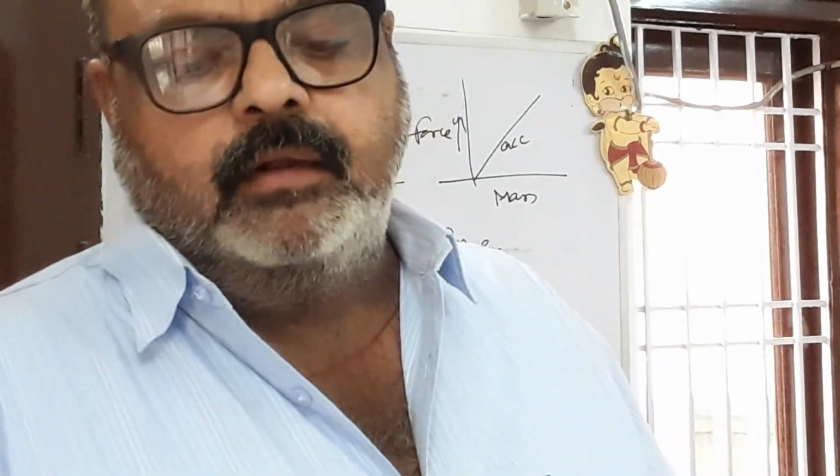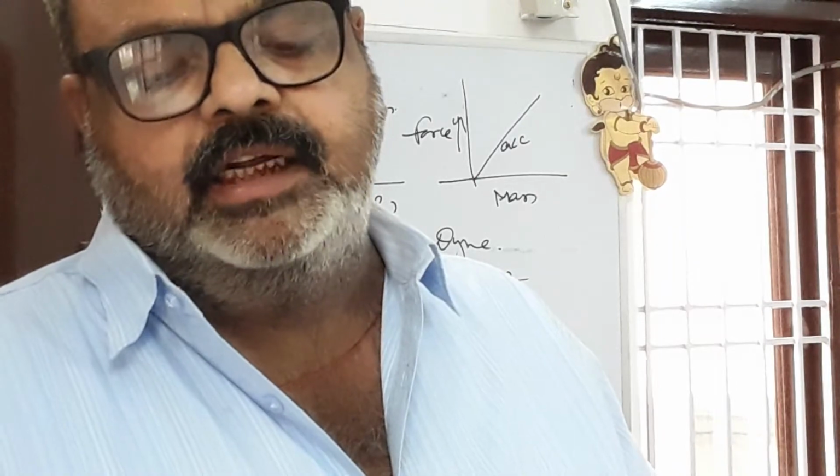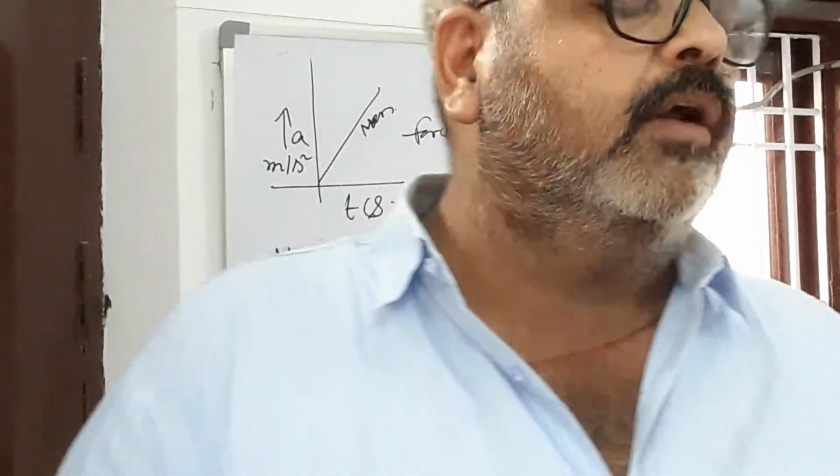Second law of Newton in terms of rate of change of momentum, I have proved: delta P upon delta T. Delta is the minor change. F is equal to ma. Delta P is the minor change in the momentum upon minor change in time. So delta P upon delta T can be written, by keeping the mass constant, as m delta V upon delta T. F is equal to ma remains constant. So according to second law of Newton,